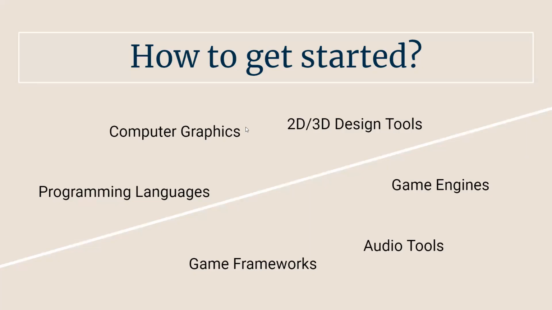So how to get started with game development? Well, there are many fields that you can cover in game development, which are very vast and diverse as well. For example, starting out with the programming languages, the popular programming languages that you can use in game development are, of course, the best one being C++. Many of the games that are developed today are made in C++ because it is very powerful, and most of the graphics APIs also use C++ libraries.